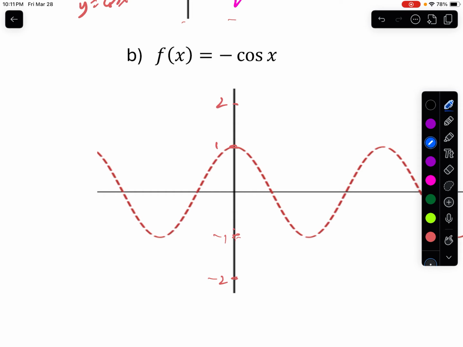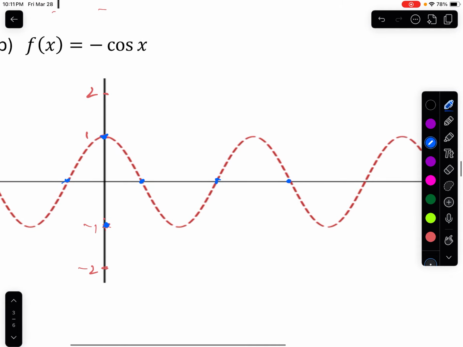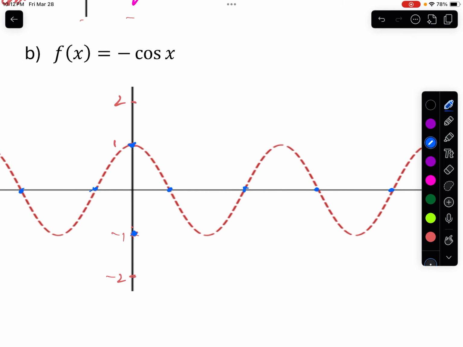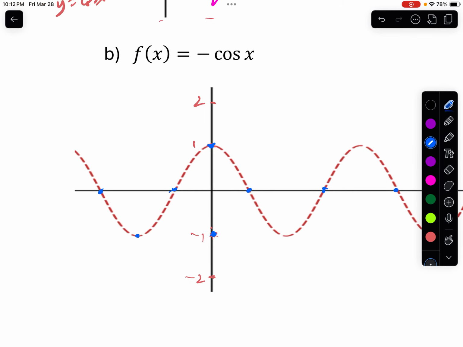So the graph is flipped over the x-axis. So the point 1 will go to point negative 1. The points on the x-axis will stay where they are. They will not move, but the loose points, we call them, they will shift. So this one, which was a negative 1, will go to 1, and this is going to go to 1. This point is going to go to negative 1. So now the graph will be